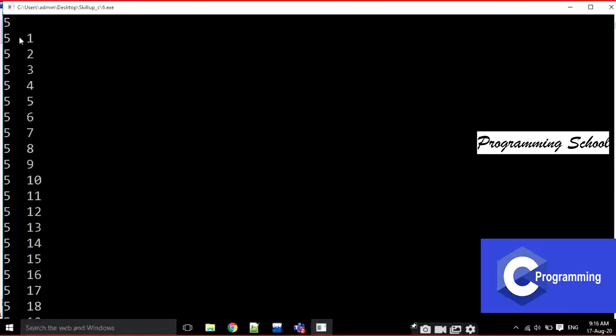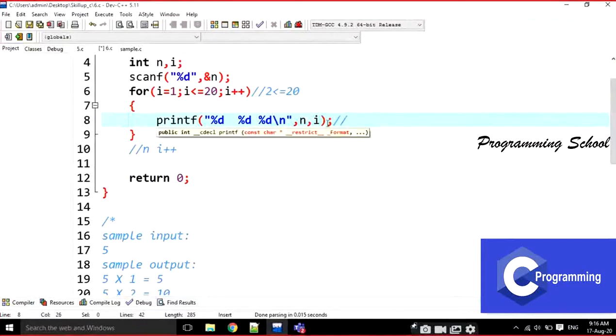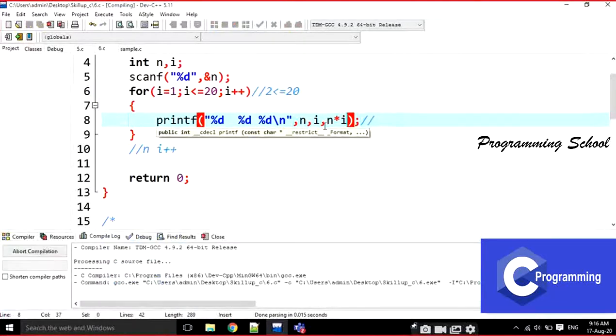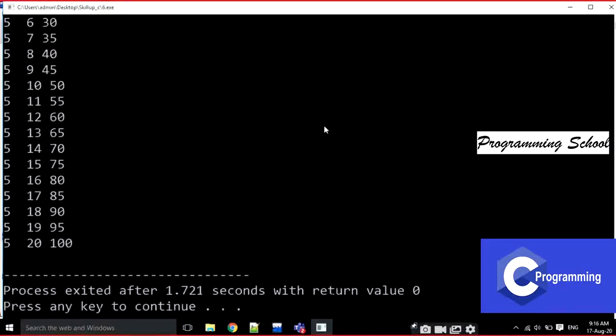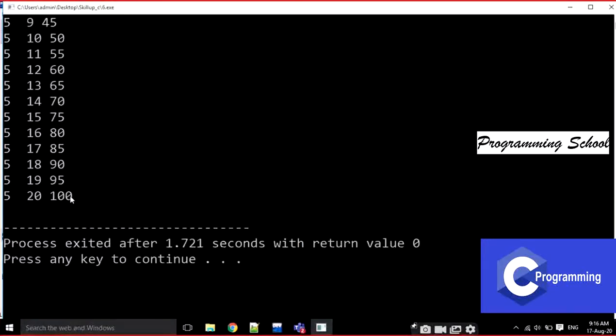N into I. Again it is 10. Like that. That means we are going to print one more %d. That is also one integer. I am going to print here n star I. That is n multiplication. Like that. I am going to execute it. Look here. 5, 1, 5, 5, 2, 10, 5, 3, 15 like this. It is going to print.